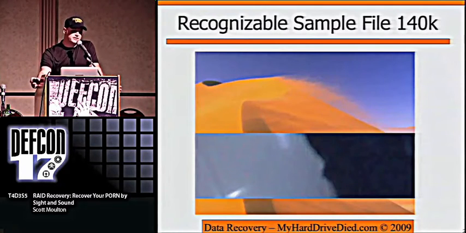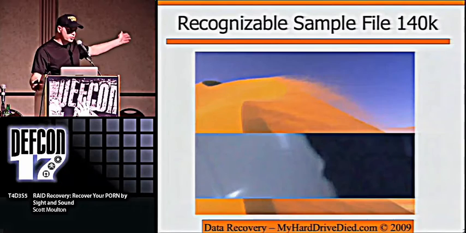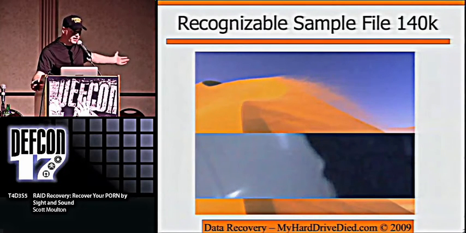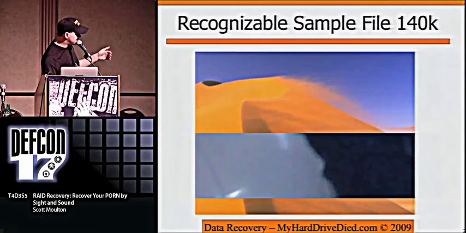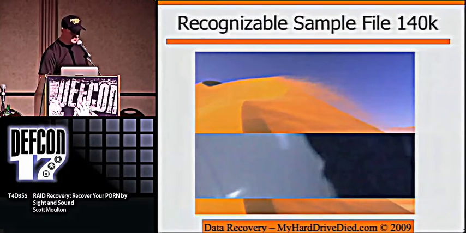But here's a file that most of you should recognize, or two files that most of you should recognize. So right off the bat, you know that there's Windows on the box, and these are the sample files. They're next to each other, and the slice sizes are wrong. But if you look at it, this particular one came off the drive and said it was 140K. So as you divide this up, you can start to see, hey, look, I'm looking at maybe a 64K stripe size. So you can almost tell